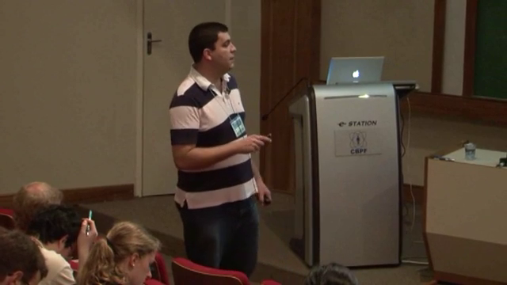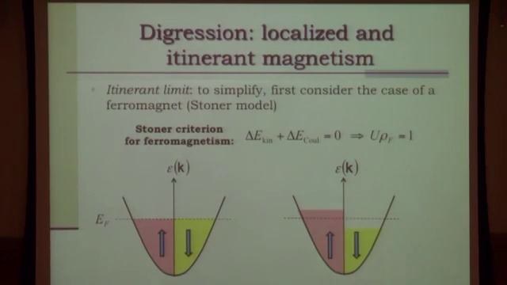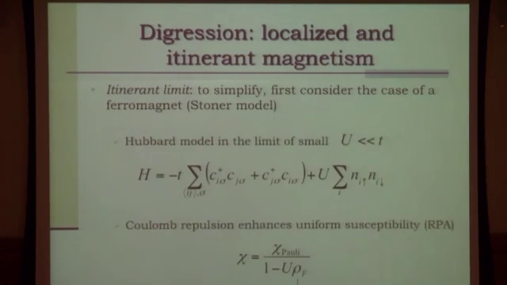This is the weak coupling limit, or the itinerant limit, of a model similar to the one that I discussed earlier. But now, all the electrons are Bloch wave functions, and you polarize them. Now, of course, you say, well, here's ferromagnetism. How do I get antiferromagnetism? I'll go there very soon. But there's another more formal way of showing this.